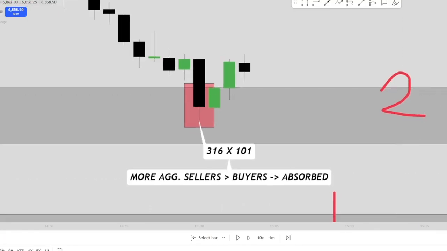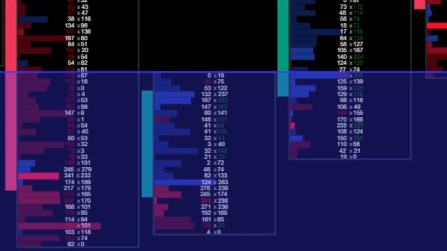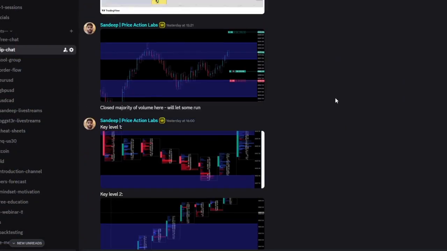So from an execution perspective, what I'm looking for in real time, how I'm looking at the order flow in real time. So if I'm executing at